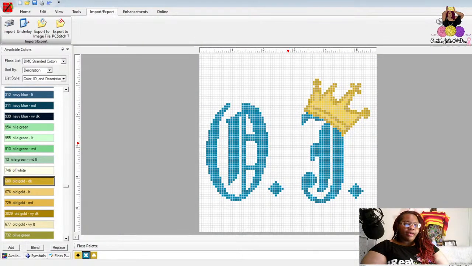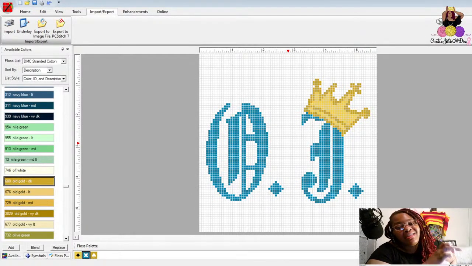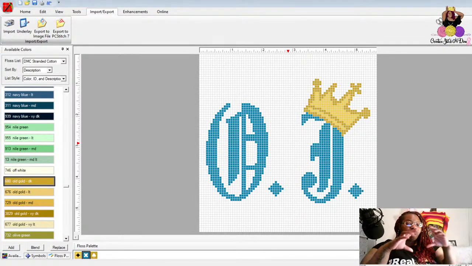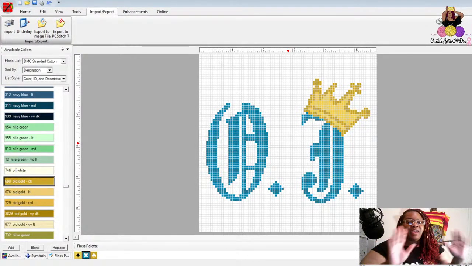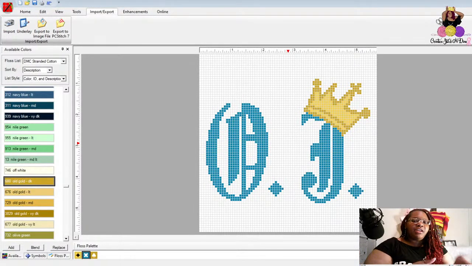Here it is. Okay. So when I did this and I put the crown tilted, well, there's not a lot of tilted graphs out there that I could use. So I literally had to create this. I had to create it and then graph it. Once I created it, I did the O and the J, and then I put the crown on top. I created that with just regular PixArt. I put it in here, I uploaded it, and then once I finished uploading it,